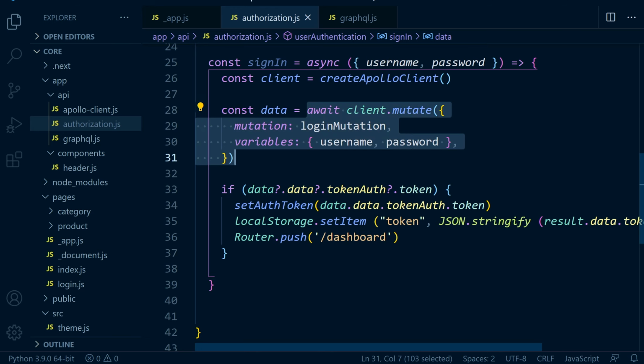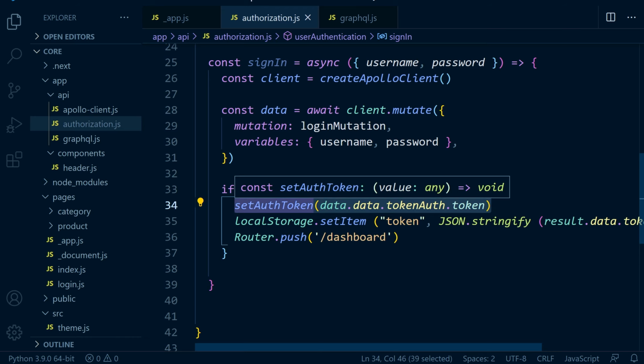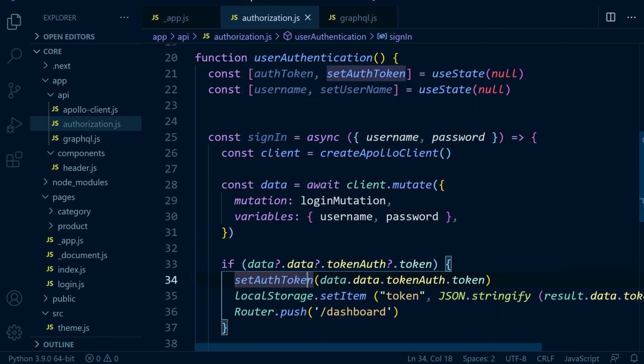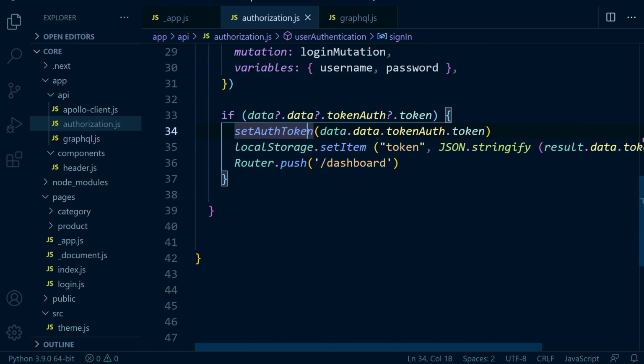So we return the data from the server in data, and then basically we're going to look inside of it. So data, inside of that, look for an item called data, and then inside of that should be token auth, and then inside of that should be some data where the token is stored. So we'll do a console log in a minute. We'll have a look at that data, and then you can see what we're doing here is we're going to get our state set auth token up here, and we're going to basically store the token inside of our state